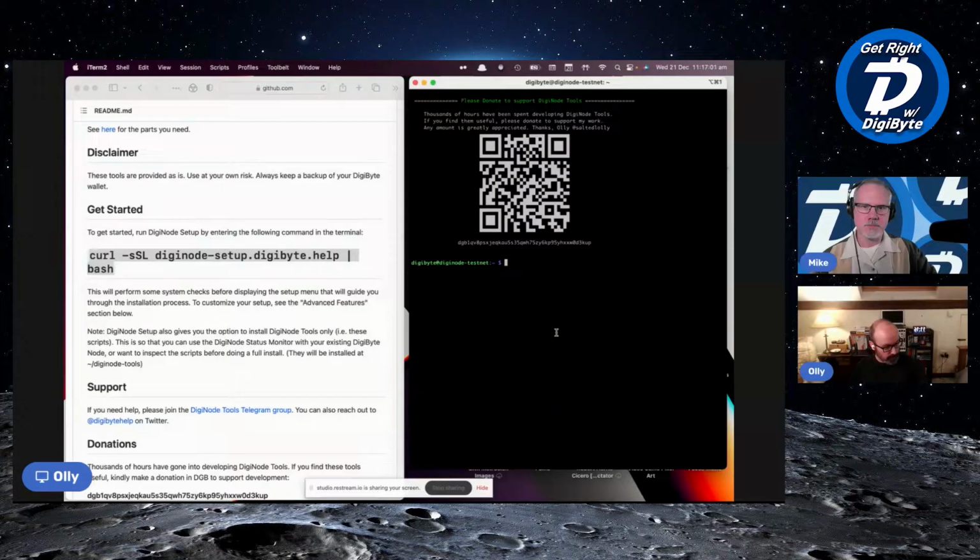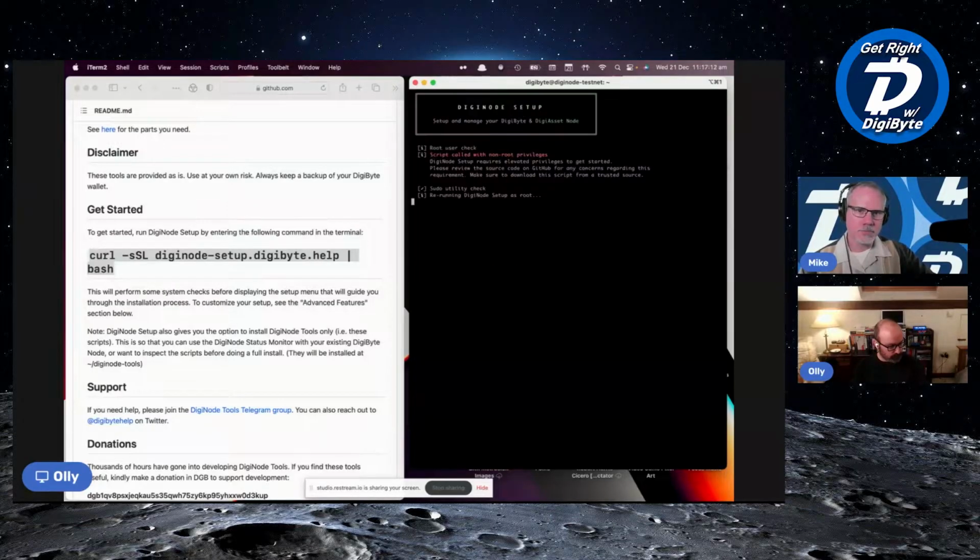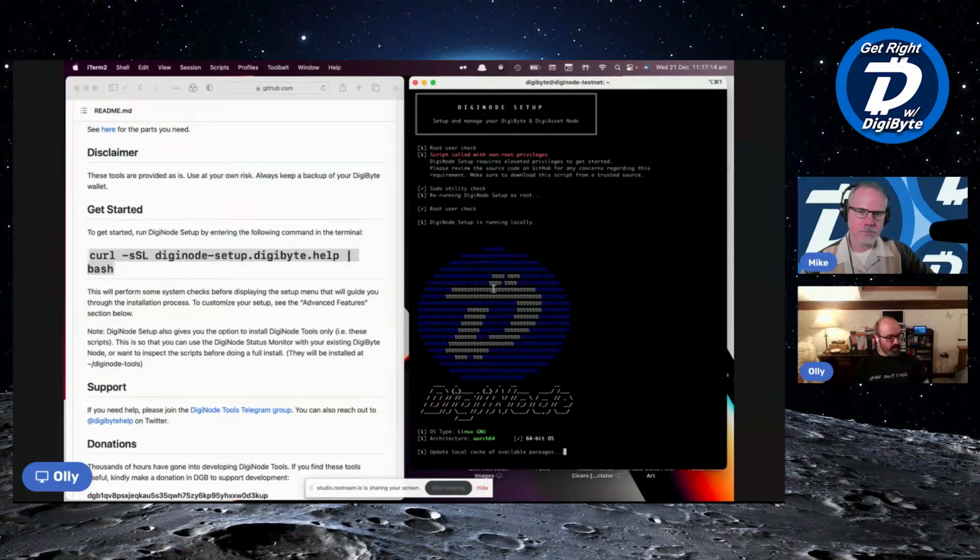Now, the other thing you can do is once you've installed DigiNode Tools on your machine, at any point, you just type DigiNode setup. And this takes us back. This is basically the same as that command on the left that we typed in before, only from now on, it actually runs locally on the computer. The first time you run it, it's actually running from the GitHub servers. But once you've installed the node, you can then go to this menu